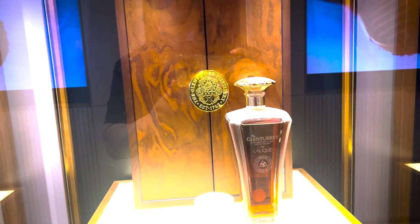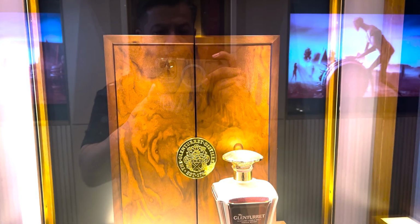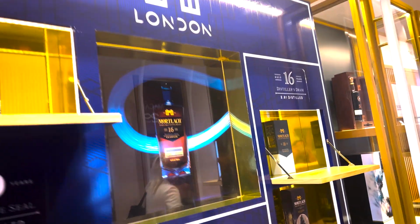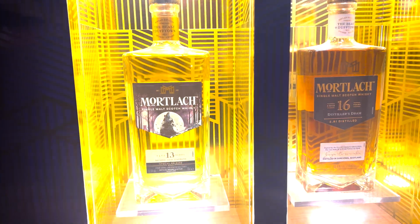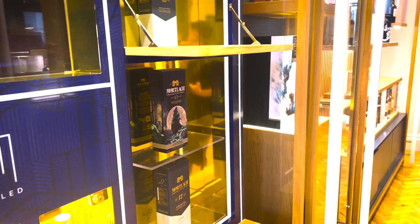So there's the Glenturret. Look at that. I mean, this is amazing. The boxes it comes in, really neat, really nice. Going to this next area, London. So this is some London whiskey. Looking at a 12-year, 13-year, 16, and 12. And mind you, this is just my entrance. I actually missed something on the other end. Look,